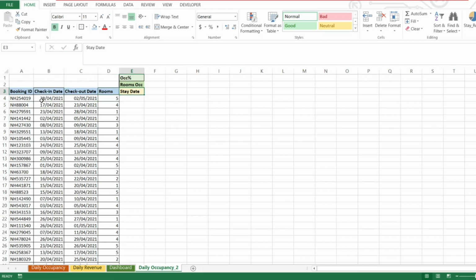In case it is not a confirmed booking, if you have a mixture of confirmed and cancelled bookings, the formula gets a little bit complicated. But since this is a simple formula which I'm giving for a simple exercise, I will not take cancelled bookings in this. So let's start off. In the stay date range, what we are going to do is use the first date of the month. So this exercise is for the month of April 2021.